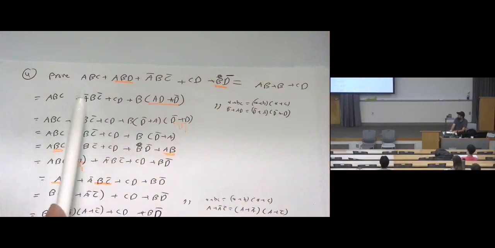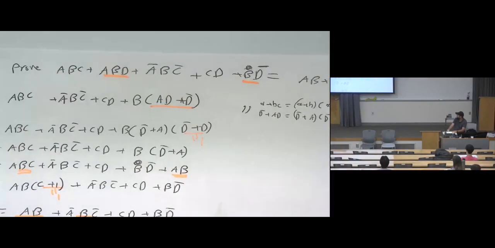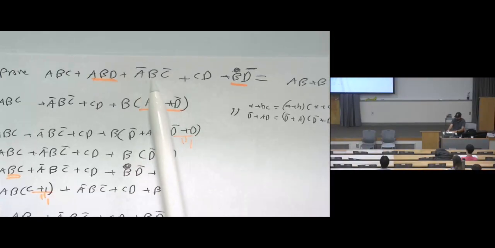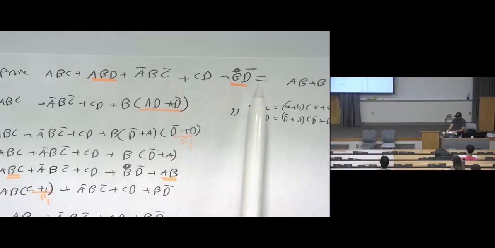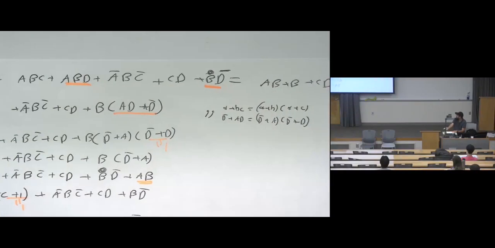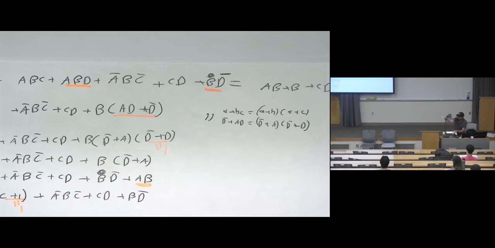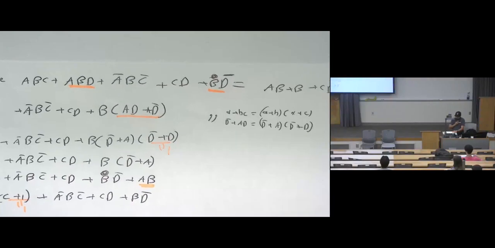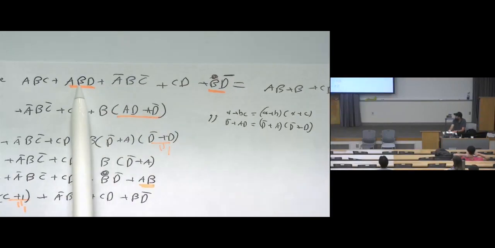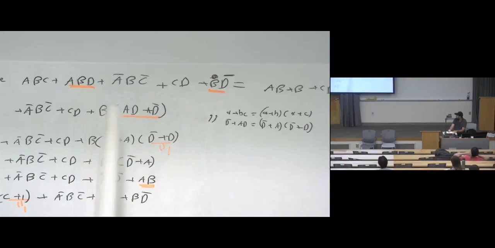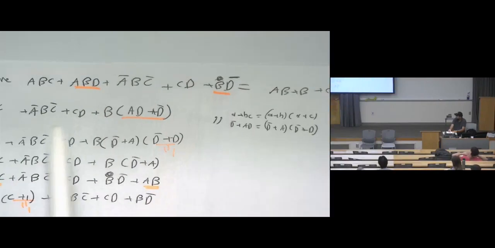So prove that ABC plus ABD plus A bar B bar BC bar plus CD plus B bar D equals AB plus B plus C. So, I'm sorry. The first part, we will take B as a common factor between these two. Taking B as a common factor, then